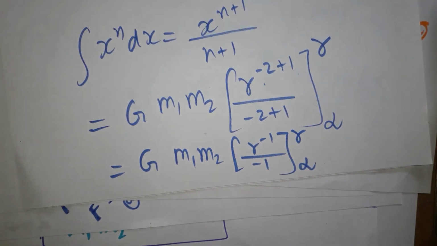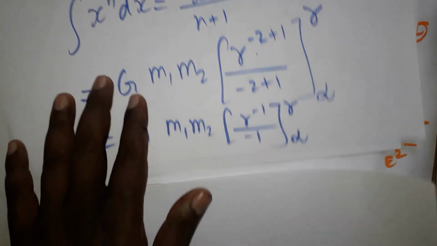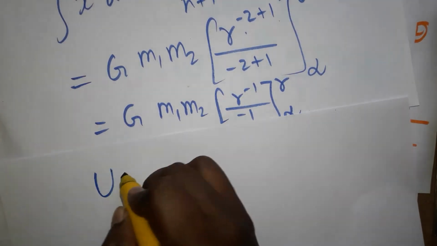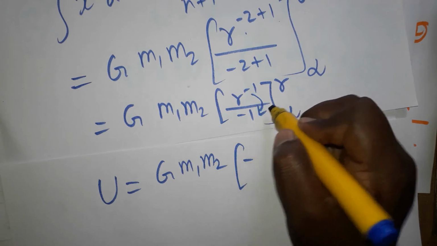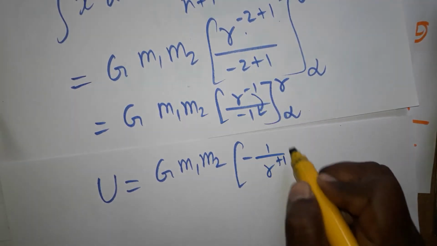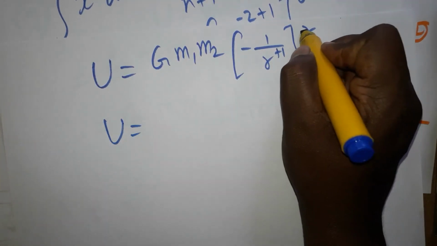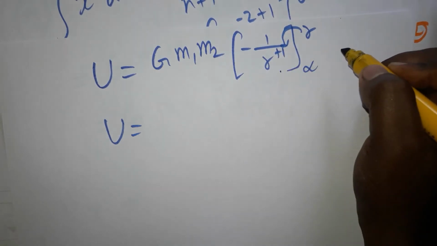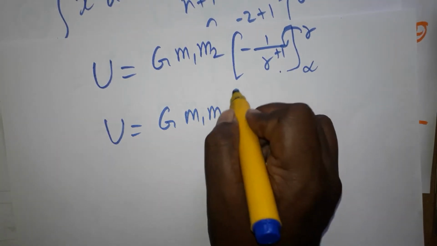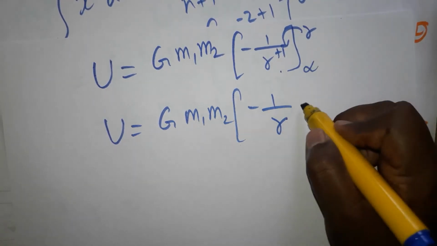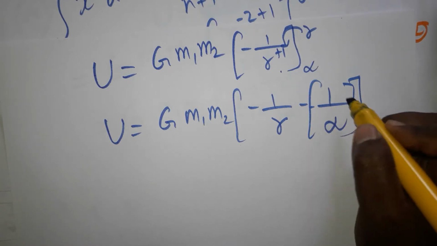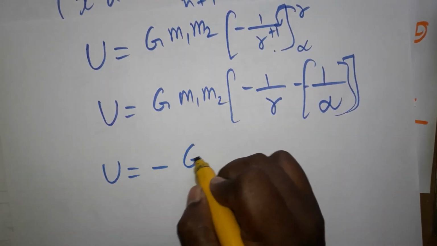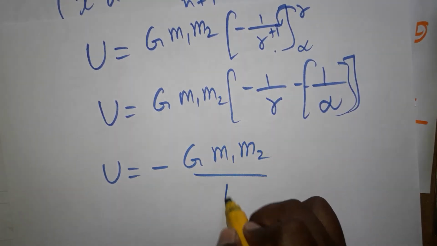Next, I am bringing minus 1 as the denominator. The gravitational potential energy is G times m1 m2, with a minus times this. Bringing the denominator, minus 1 becomes plus 1, from infinity to r. Now, in the same equation, first I apply the higher limit, then the lower limit: G times m1 m2, minus times 1 by r at the higher limit, minus 1 divided by infinity at the lower limit. 1 by infinity will be 0. So finally the gravitational potential energy is minus G m1 m2 divided by r.